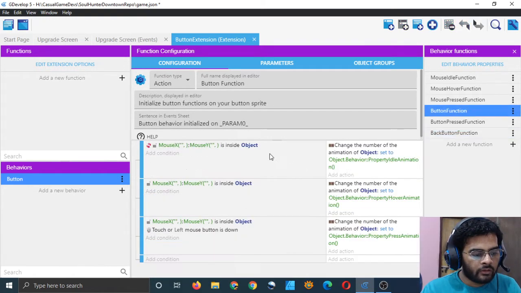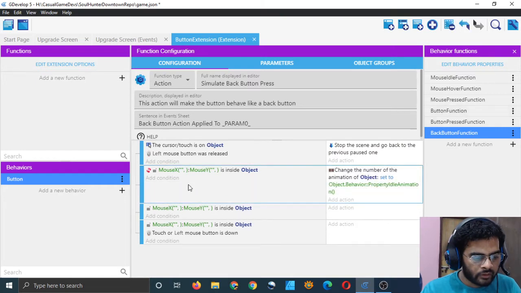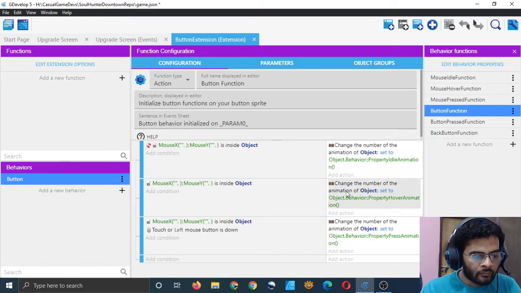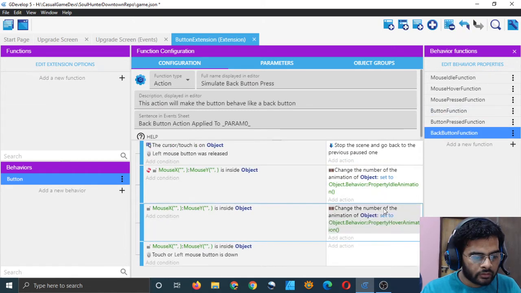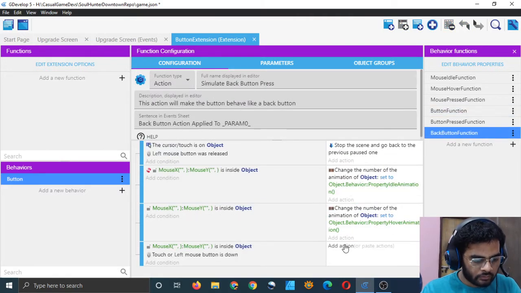So I have copied all three conditions from my button function, and now I will copy these, this and this. Copy this one first, and go here and paste it in the corresponding condition, and copy this one as well and paste it here. Copy this one as well and paste it here.